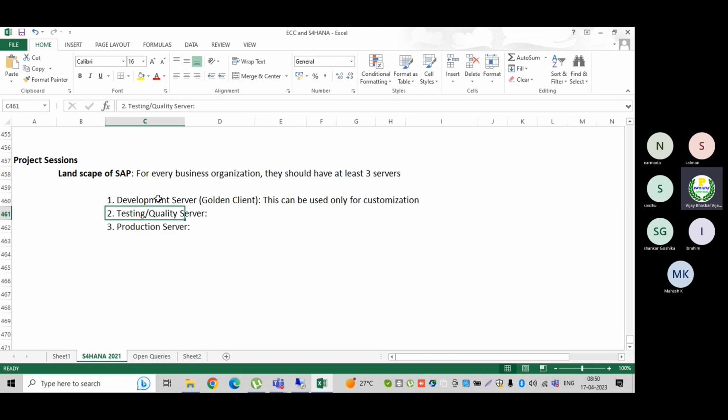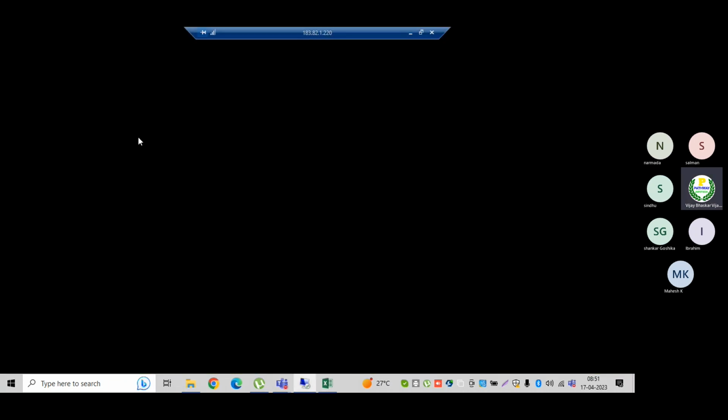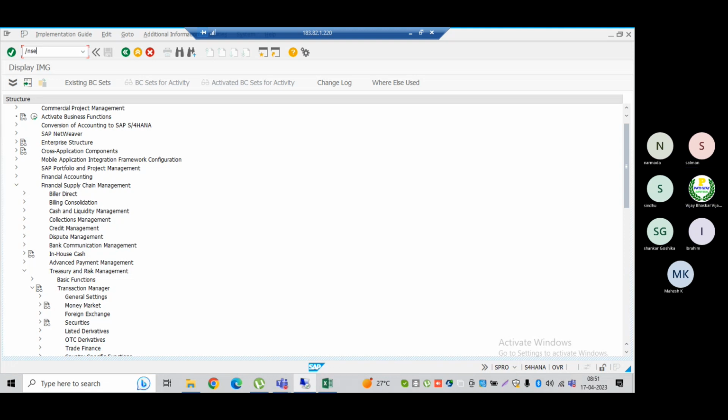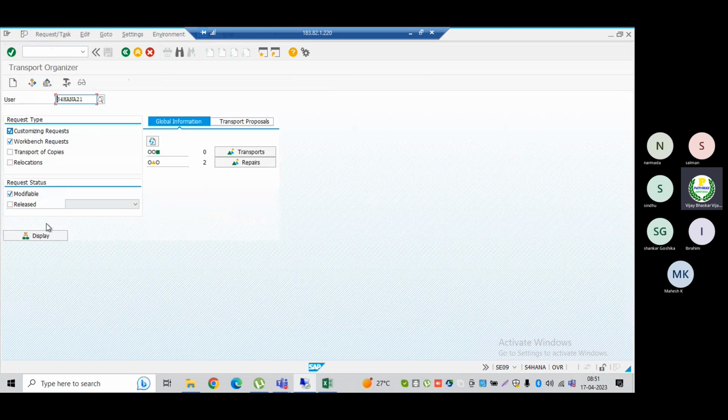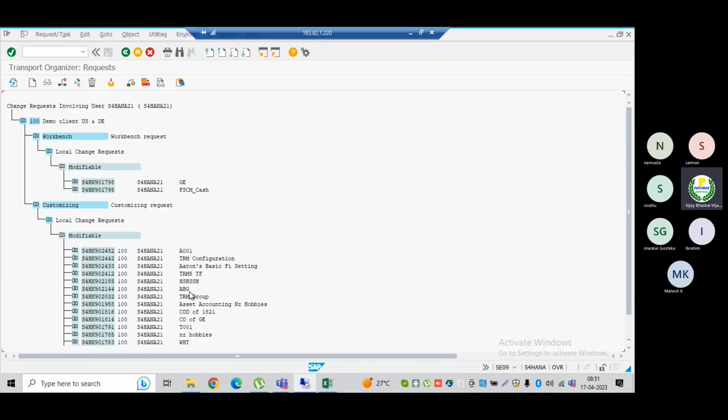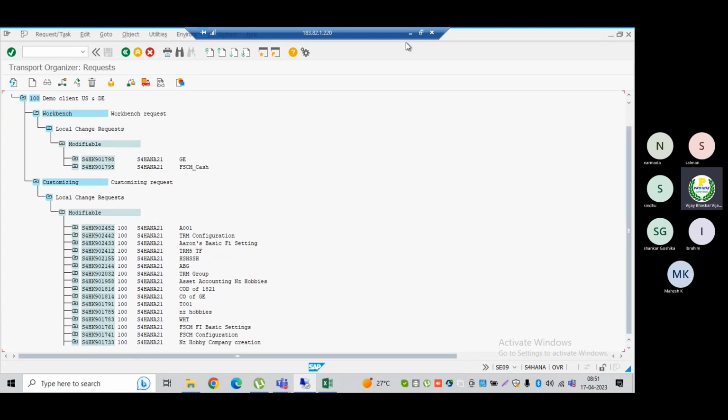While doing configuration, if you remember, the system will generate the transport requests. In SC09, display here. See, these are the transport requests which have been created.